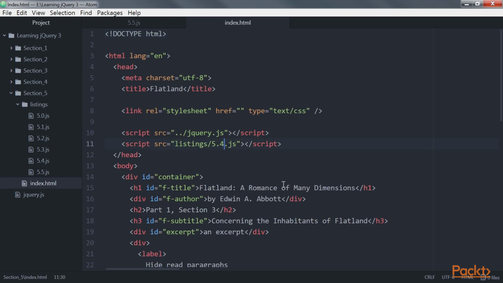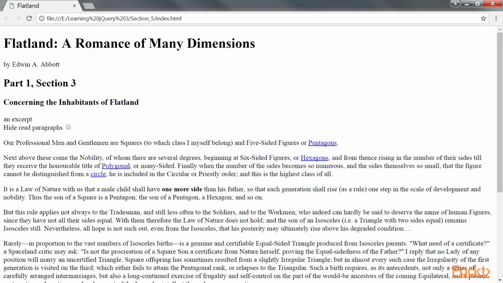Let's add a reference to this file in our index.html file and refresh the page. As you can see, the click event handler changes the visual appearance of paragraphs when they're clicked on. But the handler does something else too. It toggles the read data for the element. This lets us tie application-specific data to the element in a way that doesn't interfere with other HTML attributes that